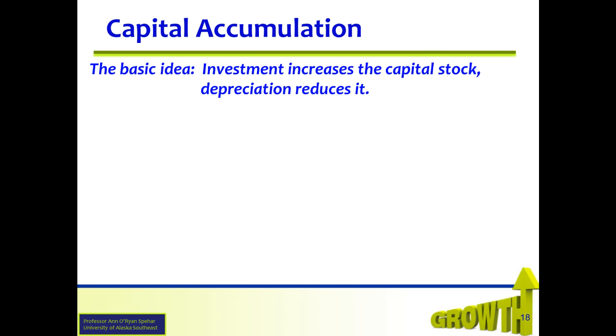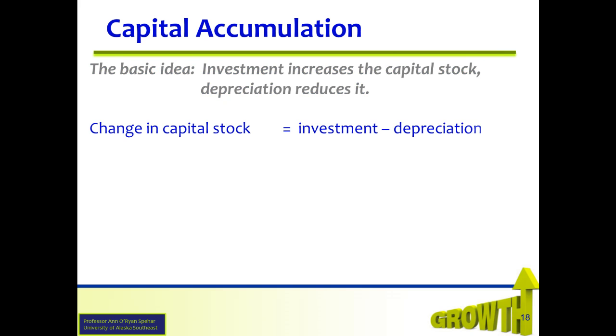Now let's create an equation that explains how both depreciation and growth can occur in the capital stock. The basic idea is that investment increases capital stock and depreciation reduces it. The change in capital stock is going to equal investment minus depreciation. Or in other words, delta K is equal to I minus delta K. Now the delta associated with the change in capital stock is an uppercase delta in Greek, and the depreciation delta is a lowercase delta in Greek. But we also know that I is equal to s times f of k.